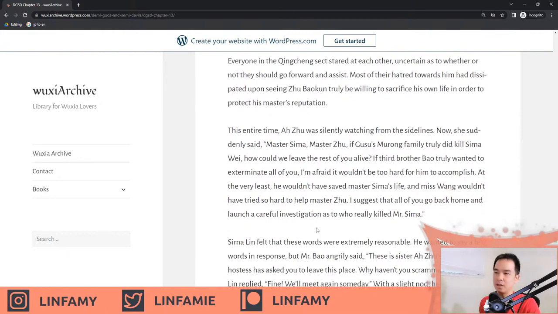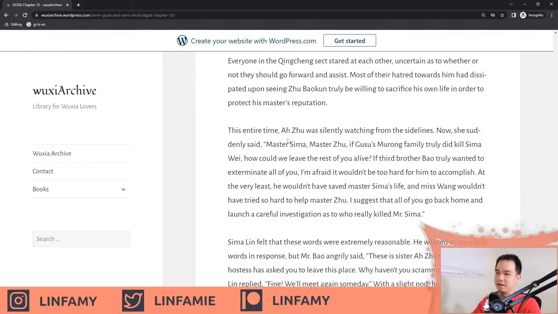This entire time, Aju was silently watching from the sidelines. Now she suddenly said, "Master Sima, Master Ju, if Gusu's Murong family truly did kill Sima Wei, how could we leave the rest of you alive? If third brother Bao truly wanted to exterminate all of you, I'm afraid it wouldn't be too hard for him to accomplish. At the very least, he wouldn't have saved Master Sima's life, and Miss Wang wouldn't have tried